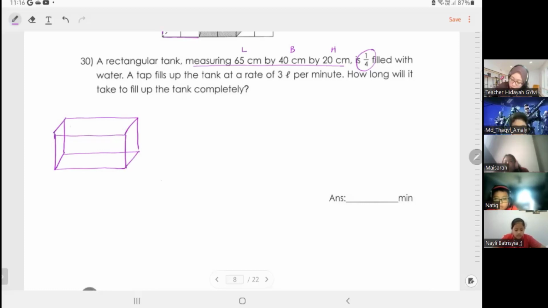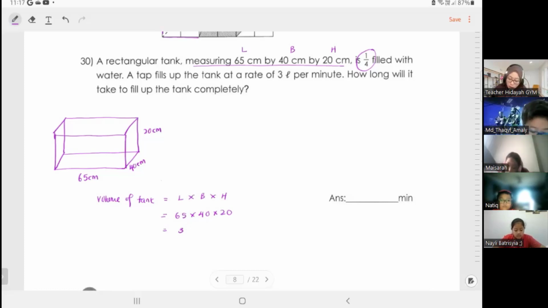A proper tank, draw properly. 65 cm by 40 cm by 20 cm. Okay, it is 1/4 filled, which means it is not totally filled with water, only 1/4 filled. First things first, find the volume of the tank. Okay, and the volume of the tank will be length times breadth times height. 65 times 40 times 20 equals 52000